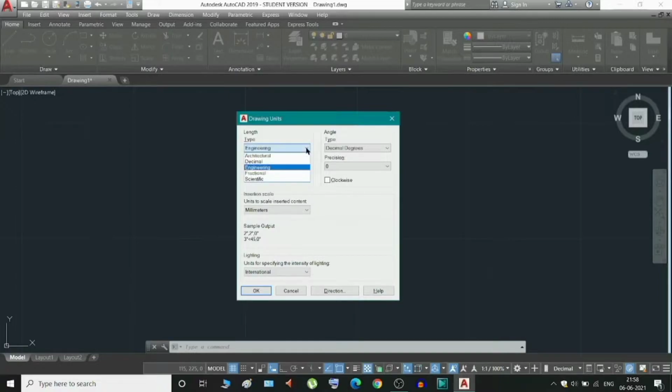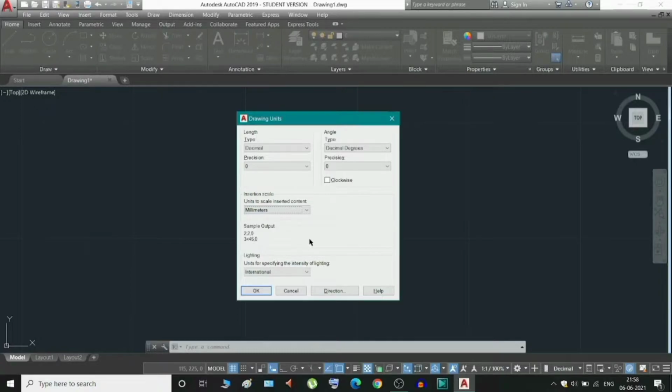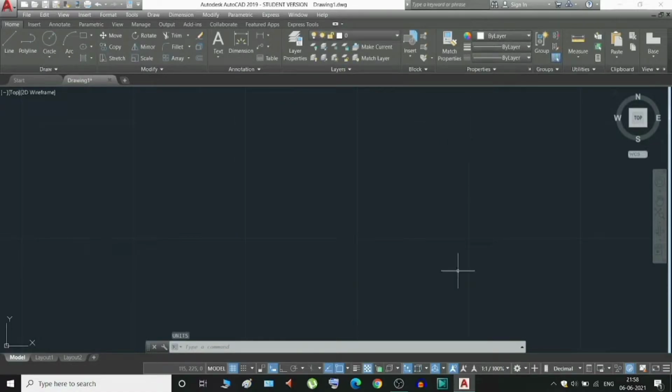So here we are going to use the decimal unit and select the millimeters, as we are going to draw the dimensions in millimeters. So I am selecting millimeter, and let's keep it international and other options as it is, and select OK, and we are ready to start our drawing.